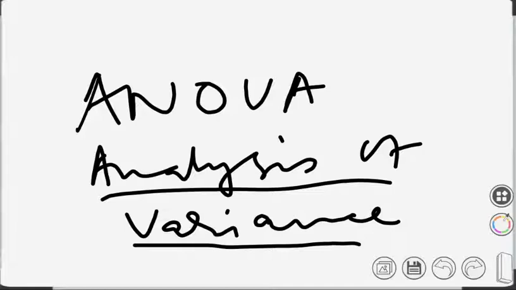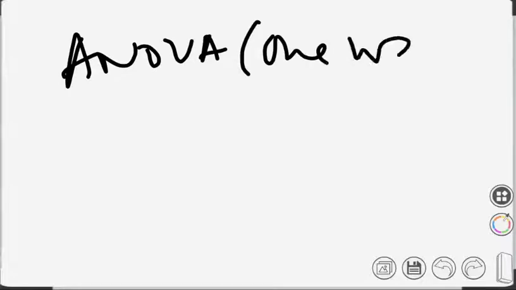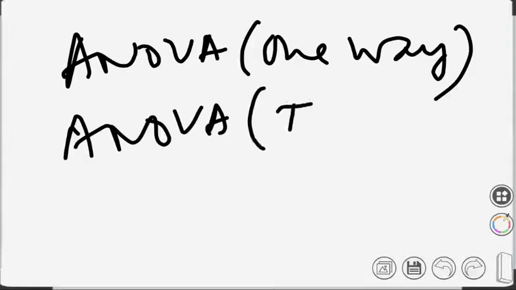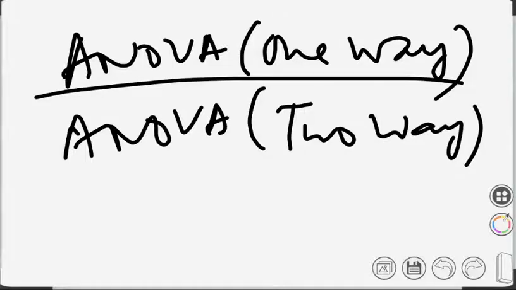In fact, there are two types of analysis of variance called ANOVA: one way, and there is two way ANOVA. So in one way, we try to find out the variance. I'll just give examples so that it will be understood. We will give two different examples, and where we can find the difference in one way and two way, I'll be explaining. In the morning class, we will be doing the one way, and in the afternoon class we'll be doing the two way part.